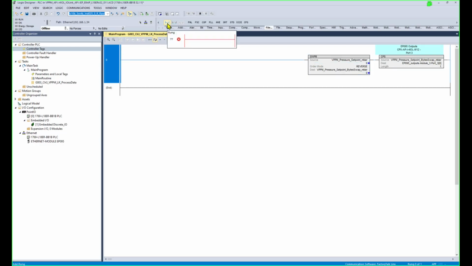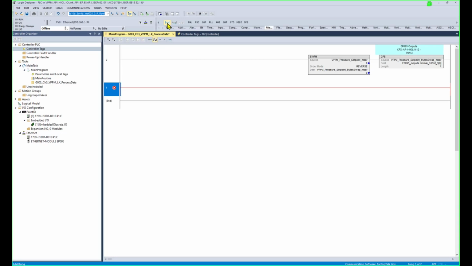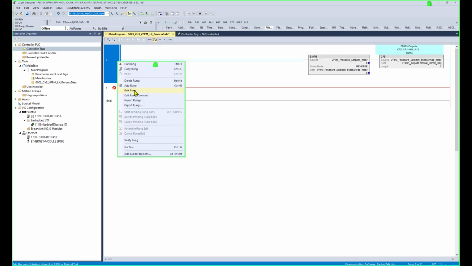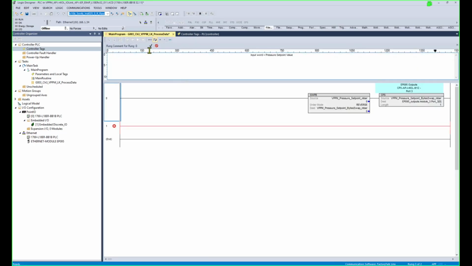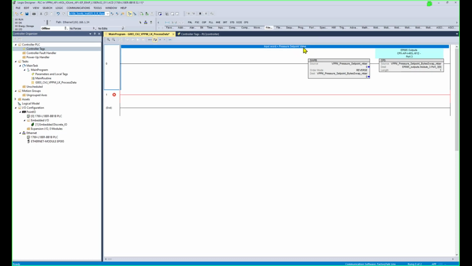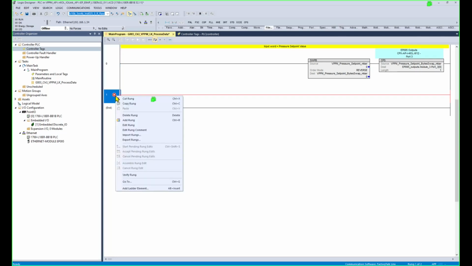We're going to add another rung, because we need feedback from the output word. While we're talking about input and output word, I'll just right click and add a rung comment. So this is the pressure set point. They call it input word in the user manual. And the next rung we're going to be doing is